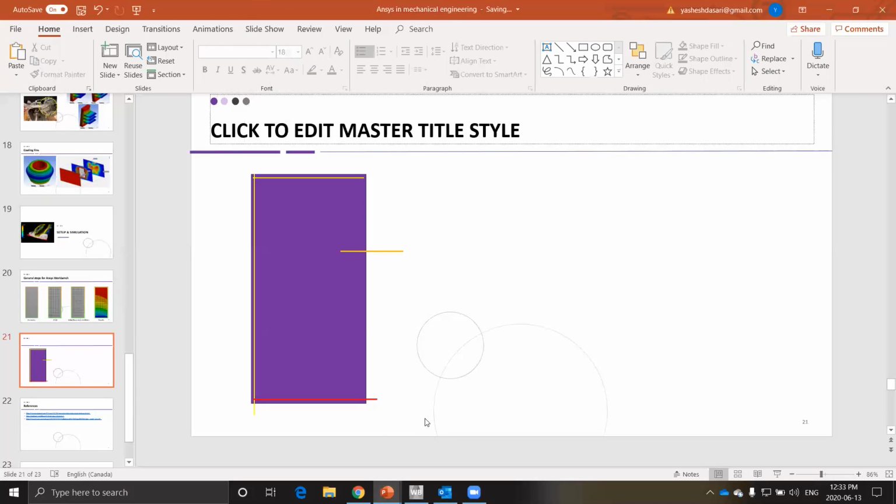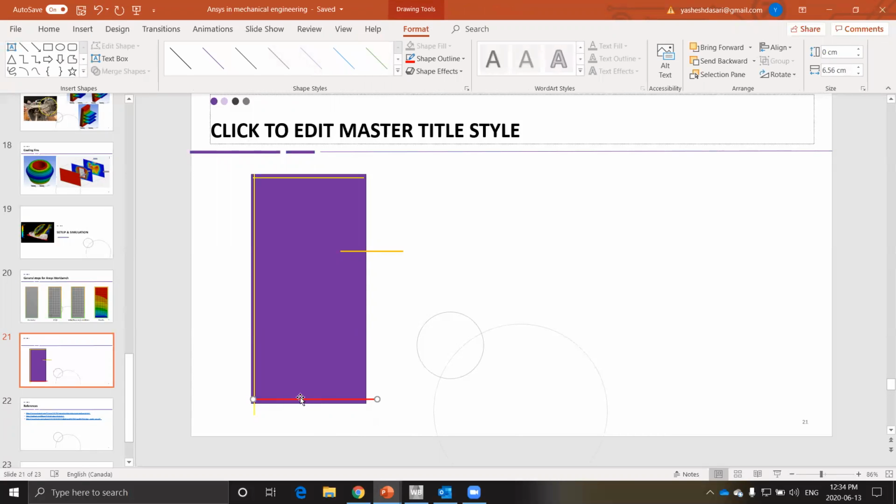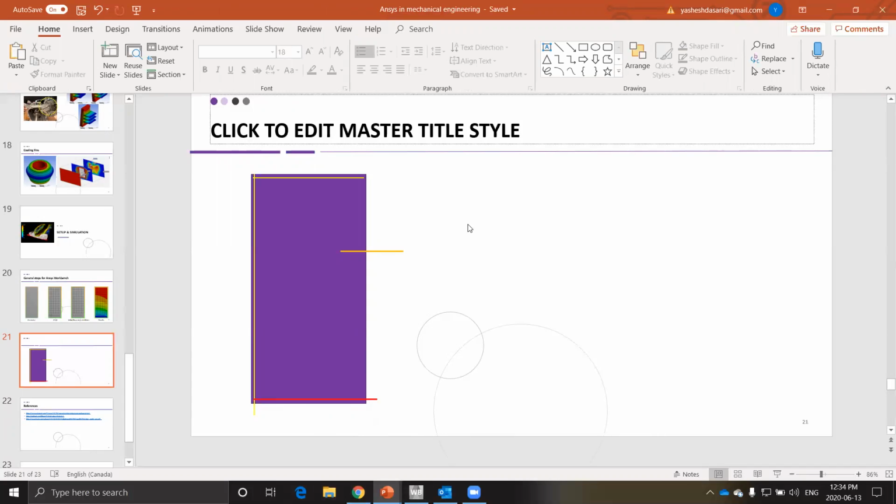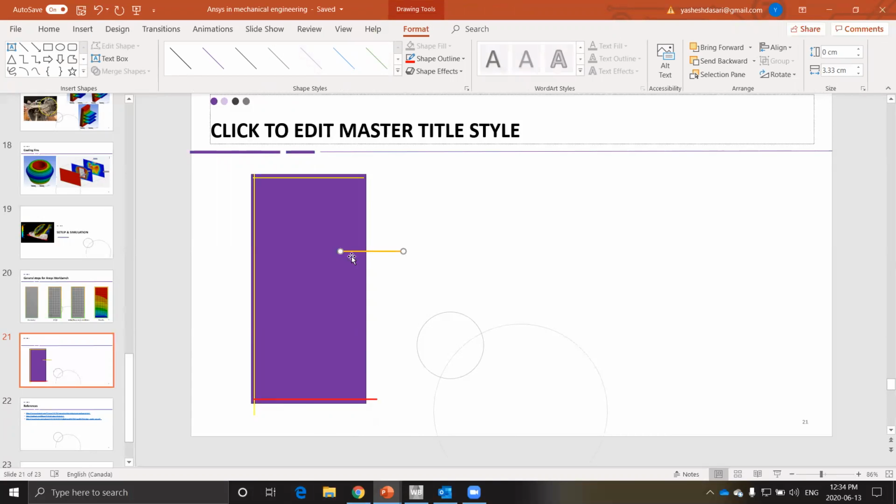Okay. So looking at this problem, we can intuitively see that this is at a hotter temperature. The air around it is at a lower temperature, at ambient temperature as we call it. And there's convective heat transfer taking place through this surface.